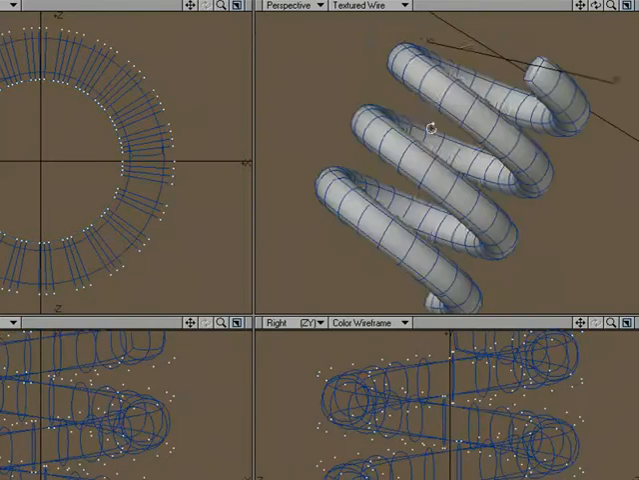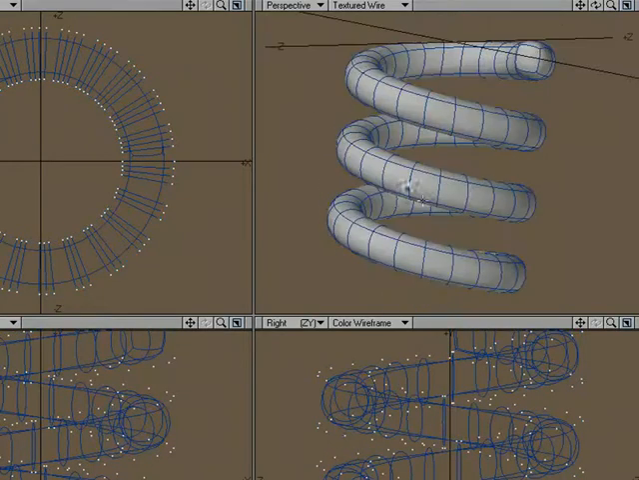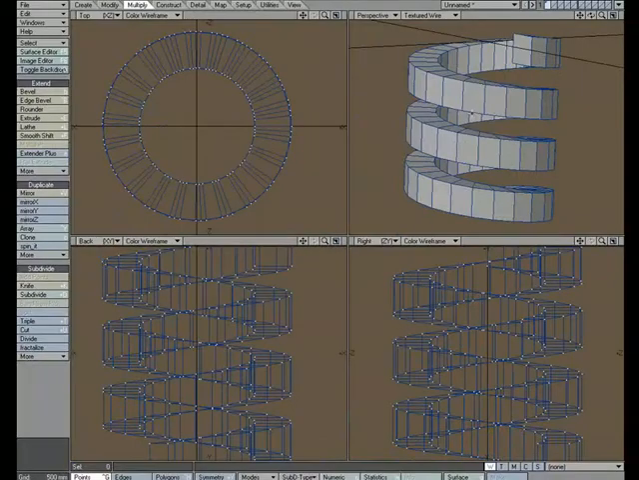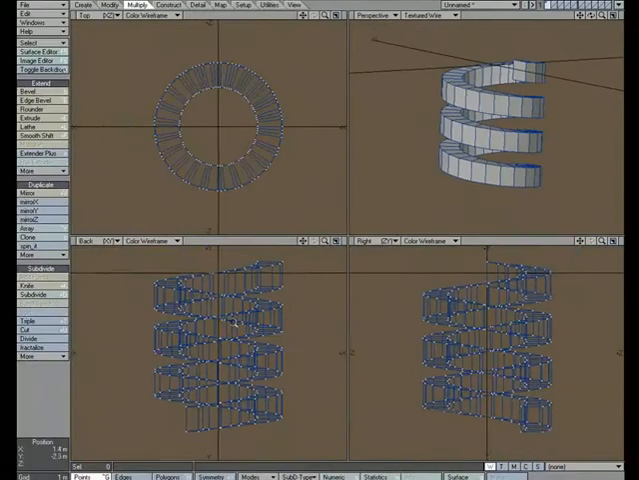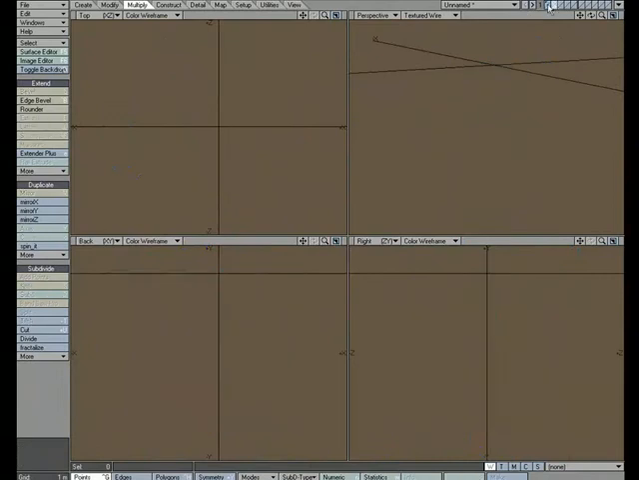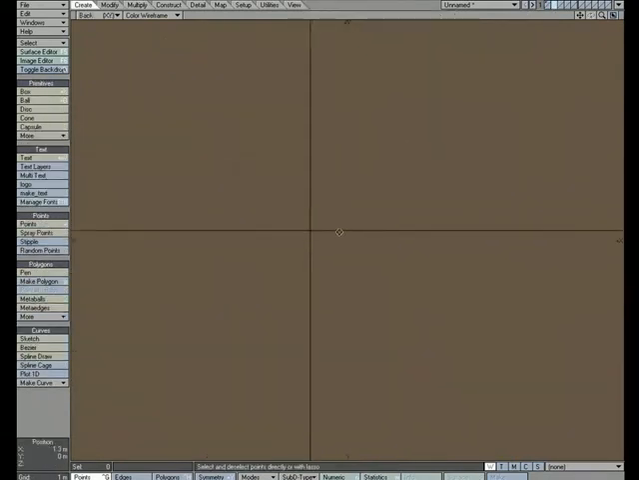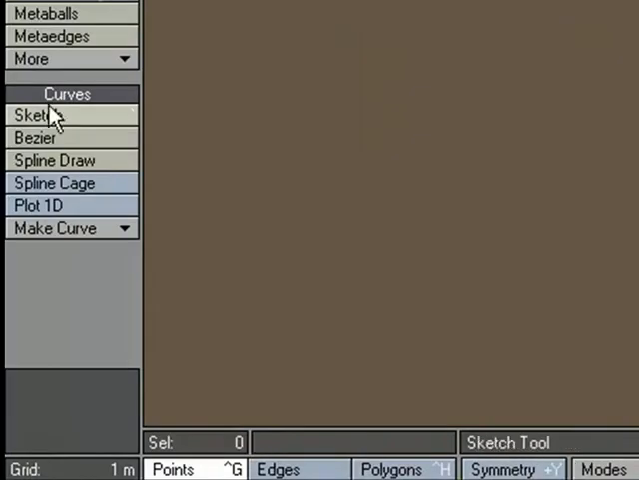I can hit tab and get a nice organic shape. But let's take a look at some of the other things that we can do with the lathe tool. So I'm going to go ahead and move over to layer 2, and let's go to one window, one viewport, and I'm just going to grab the sketch tool, and I'm going to create a quick little sketch,